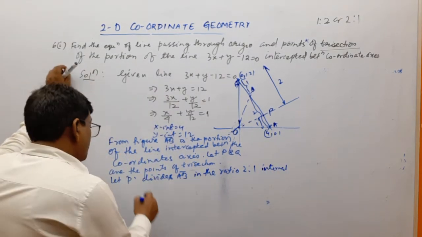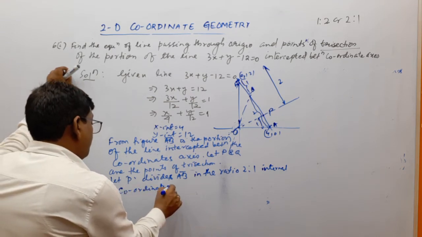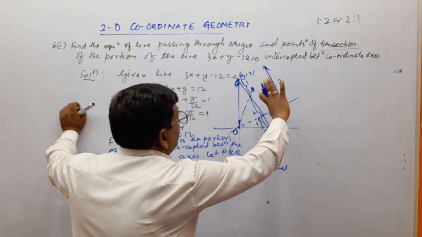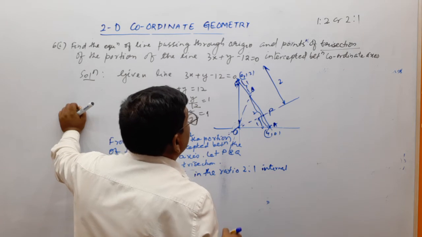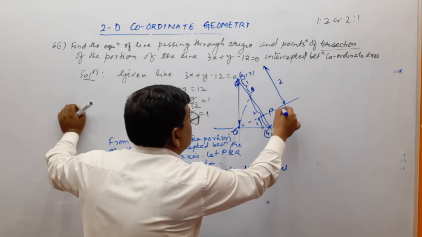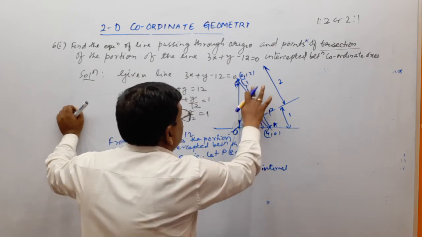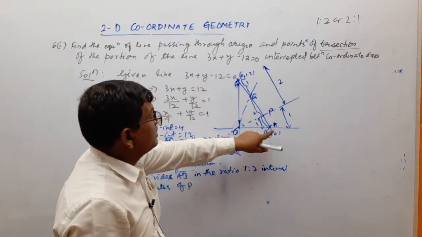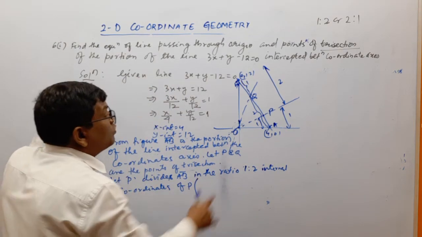Okay, so coordinate of point P. AB is 2:1, that is, P divides the line segment AB in the ratio 1:2. This is 1 and this is 2, suppose 1:2, and this point is Q here. So P divides AB in the ratio 1:2, by the division formula,